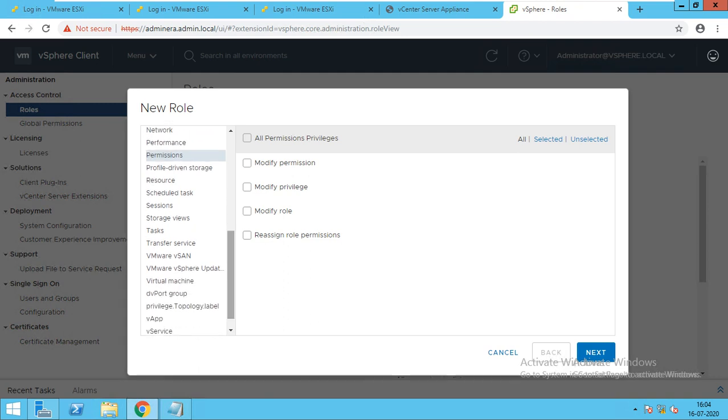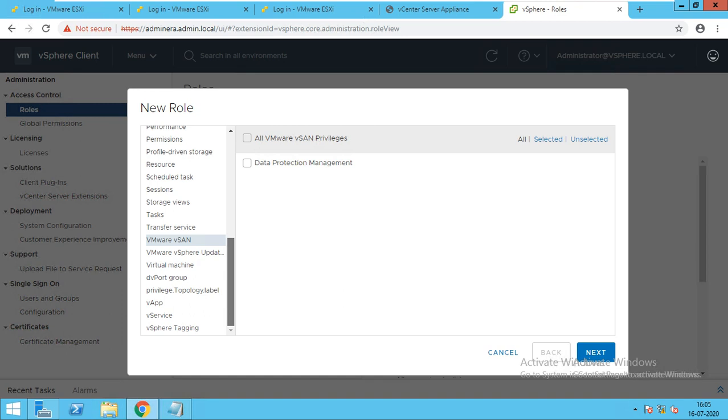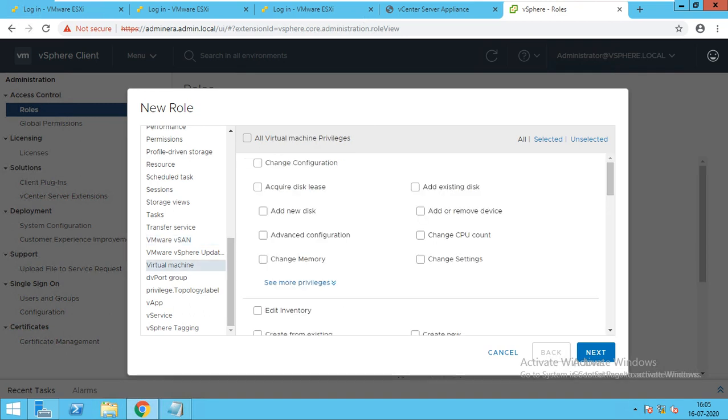Now we'll go for the storage view. I'll give the permission to storage view, only view. And VMware vSAN we have not created, so we'll not give any permission to him. In virtual machine, I will just give the permission to create, add or remove device. I'll provide change CPU, memory. I'll give all the permission regarding virtual machine. No, I will not give this. So I will not assign add existing hard disk. I'll assign add or